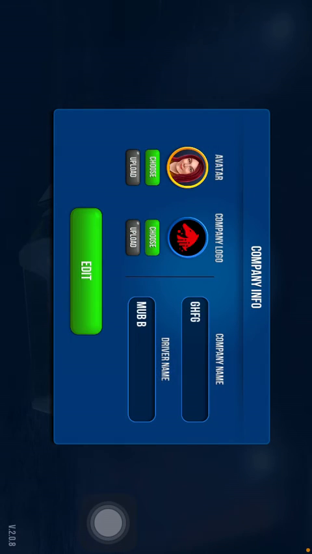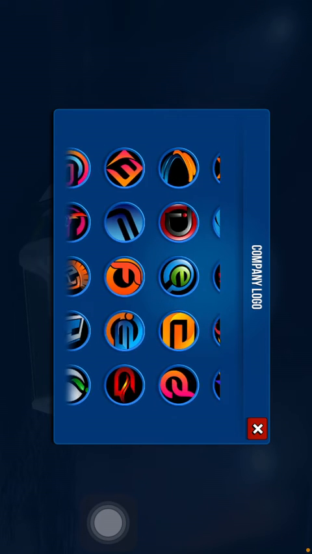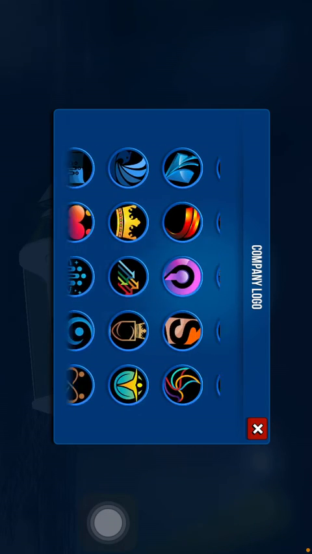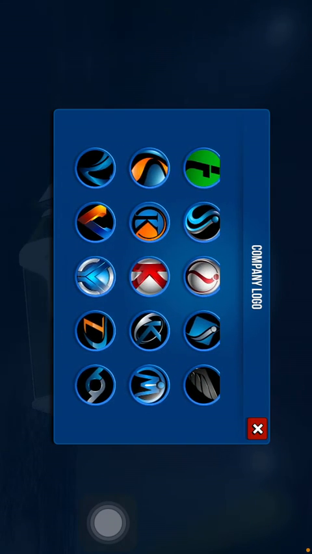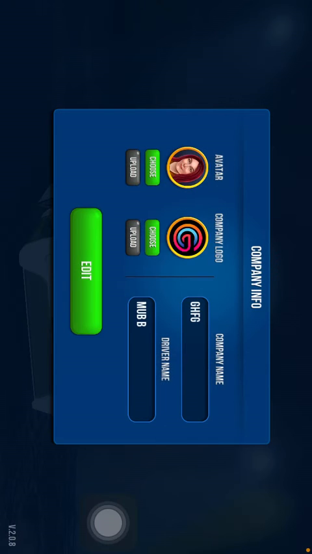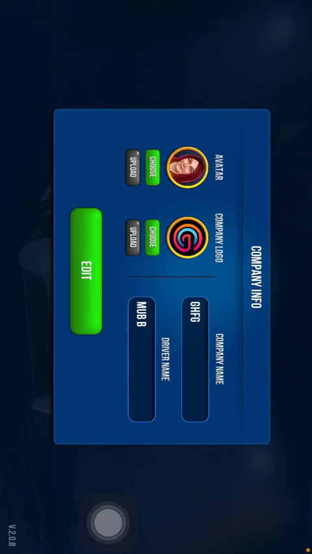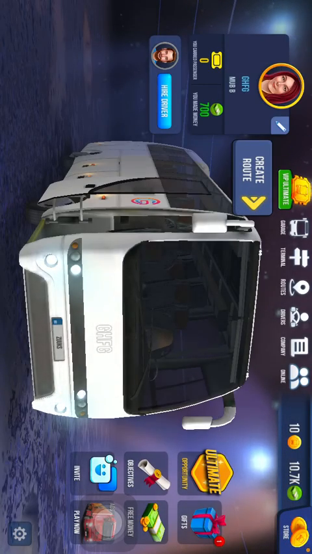So you can also select the logo of your company. Tap on the choose button again, and if you slide or scroll down, you can see that you have a bunch of company logos. So tap on the relevant one that you would like to choose. After that you can add your company name and your driver name as well. If you are done with adding all this information, click on the edit button down below so you have customized